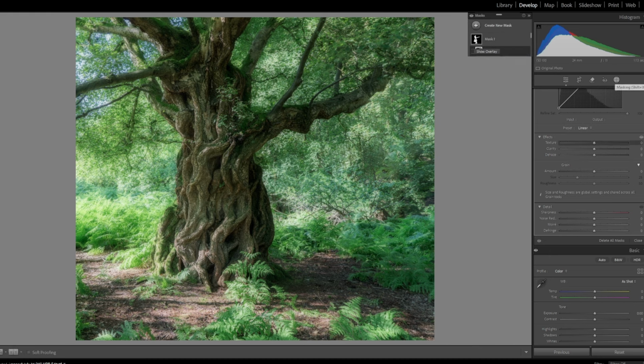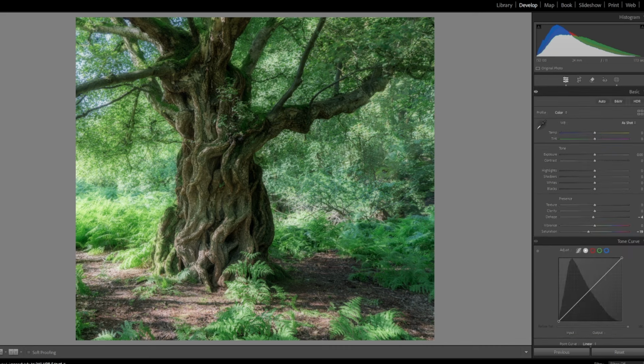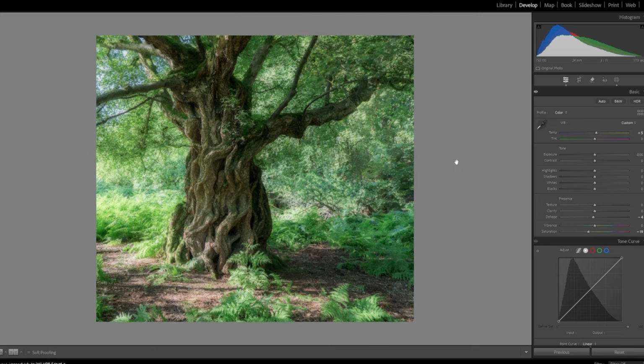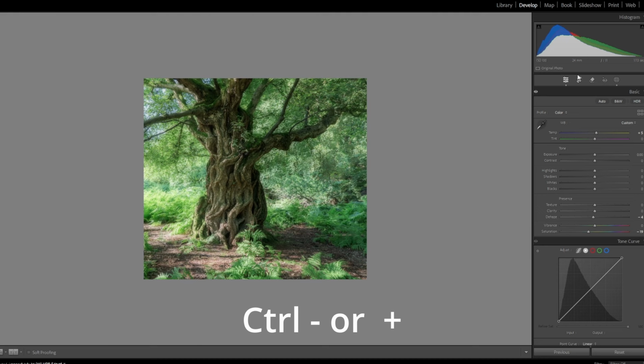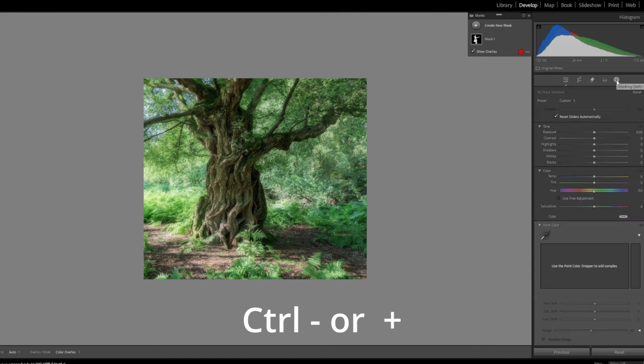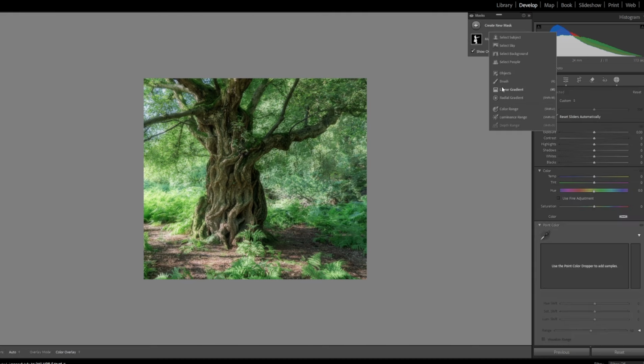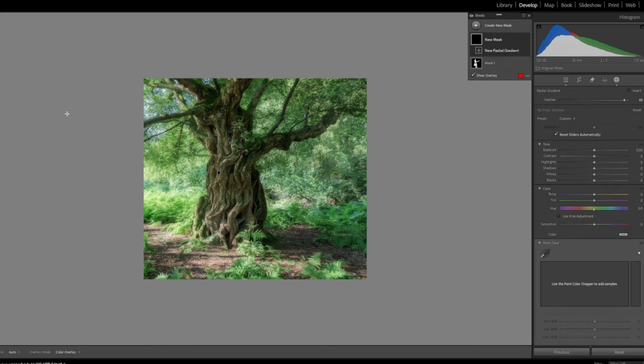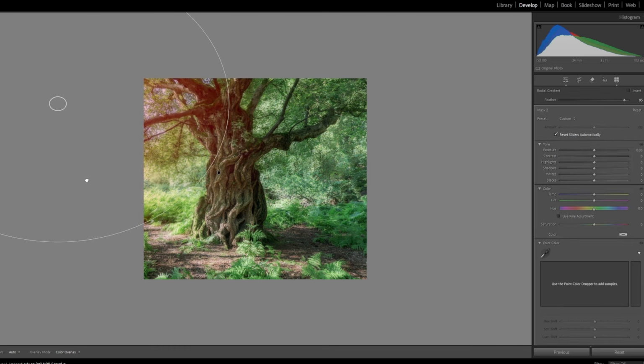The other thing I'm going to do is warm it up a little bit, just a little bit of temperature warmth there. There we go. And then if we zoom out of the image, I'm going to grab a radial filter like so, make it quite big from this side where the sun's coming from, somewhere there. I'm going to add a little bit of temperature to it